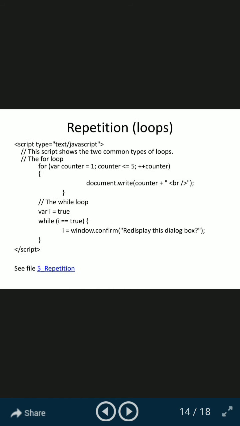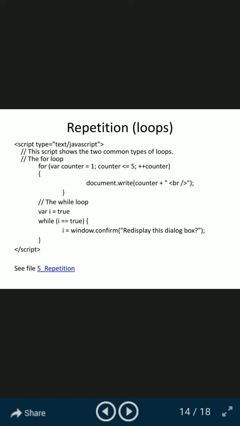The next statement in JavaScript is the loop, which is called repetition. Here is a program showing how to use the loop in JavaScript. First of all you have to open the script, type is equal to text/javascript. This script shows the two common types of loops: the for loop and the while loop.